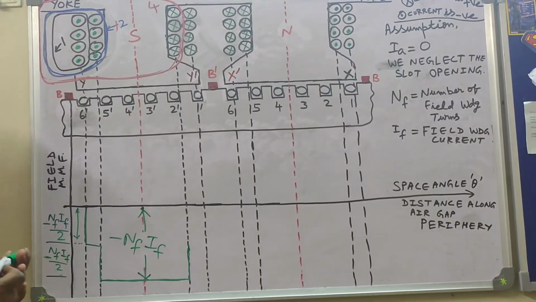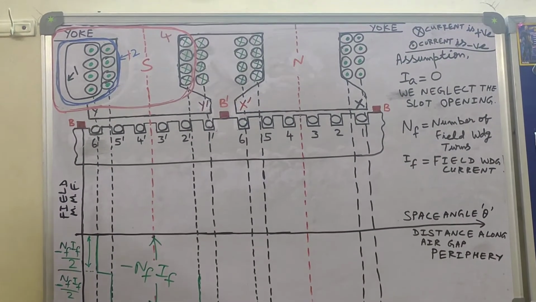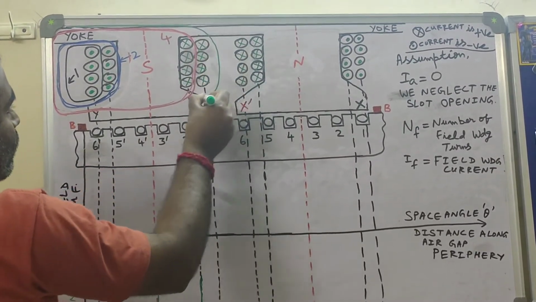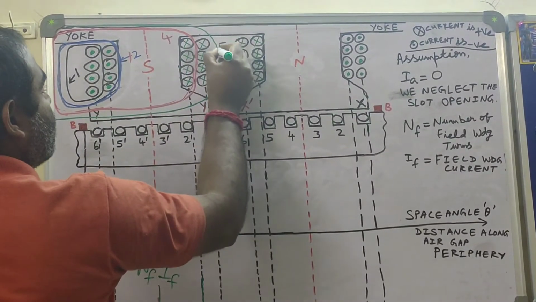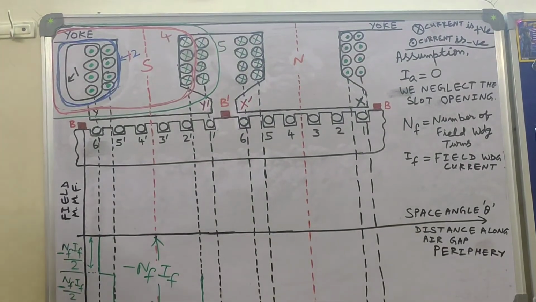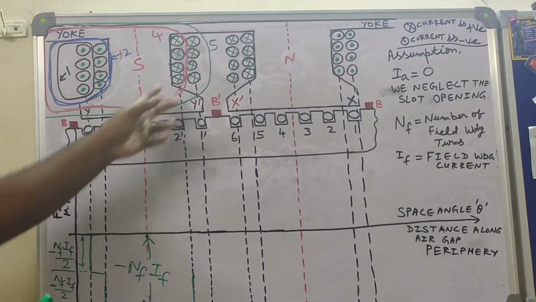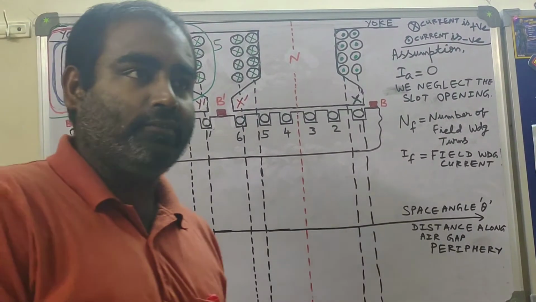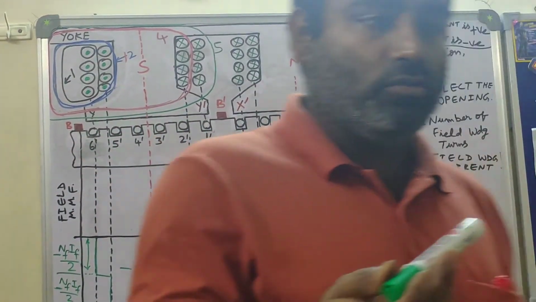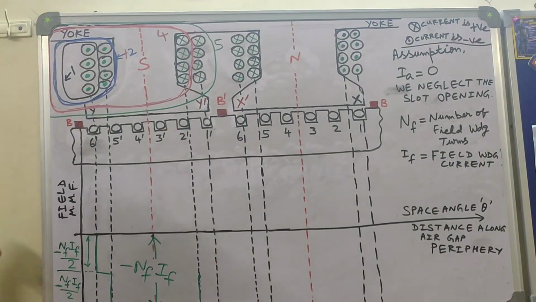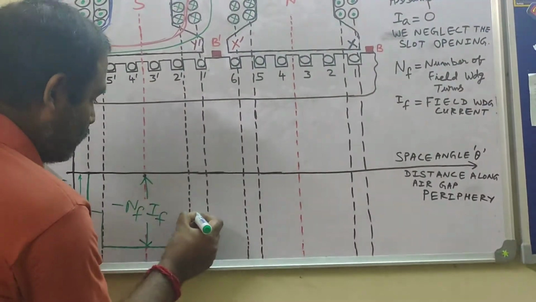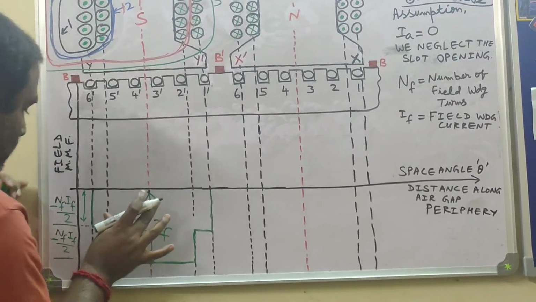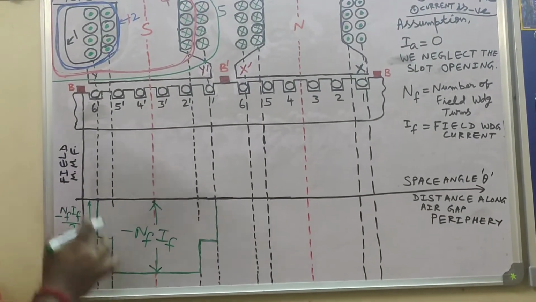Okay. Now you take another path, path number 5. So path number 5 may be like this one, this green one. So this is my path number 5. So what do you find in path number 5? That cross current is also NF, dot current is also NF. But dot current is taken as negative, cross current is taken as positive. So net current enclosed is 0. So MMF acting at this point should be 0. So you will find that it has changed to this. Okay. So this is the MMF variation under the south pole.